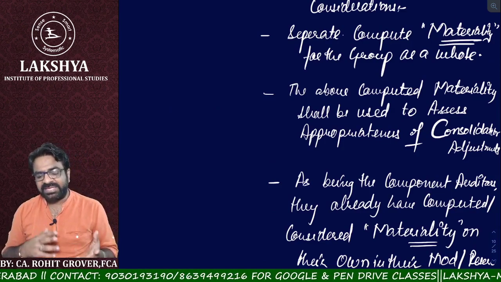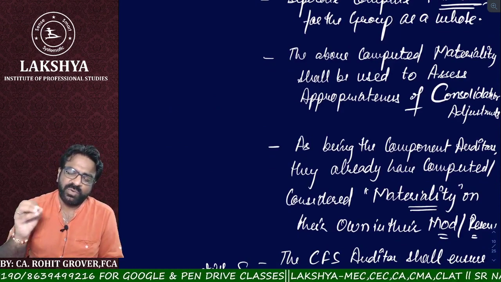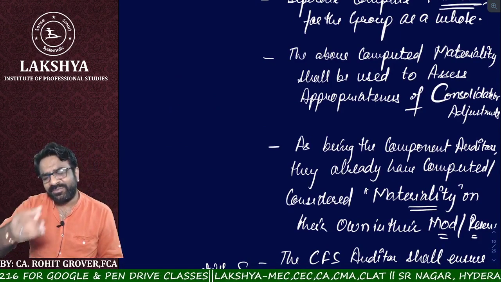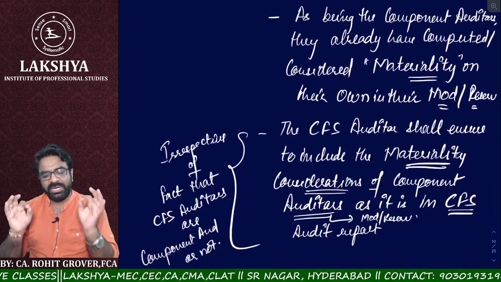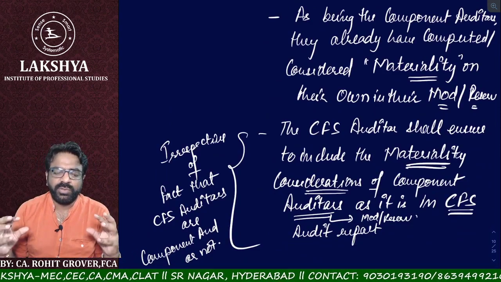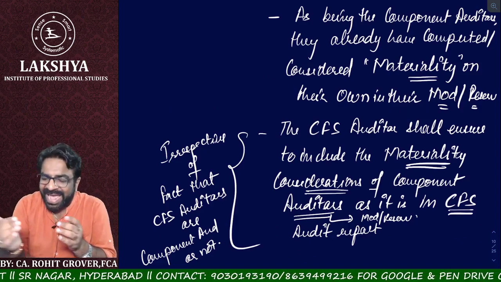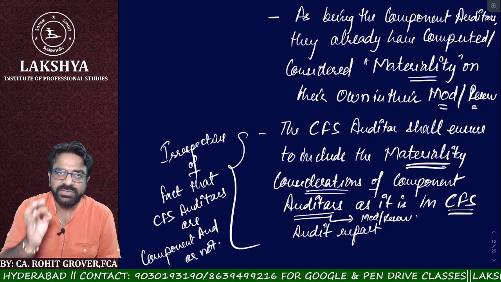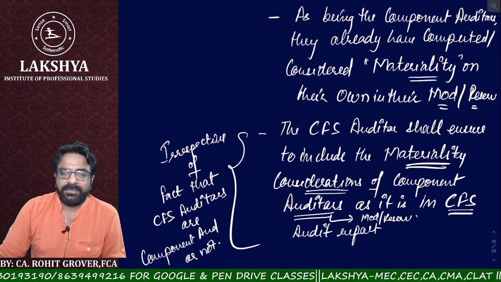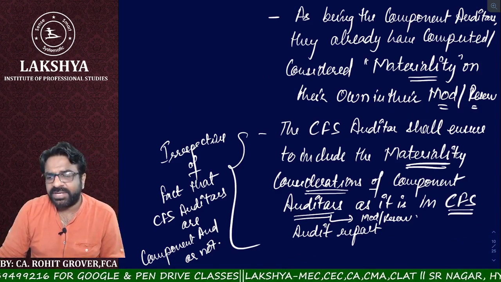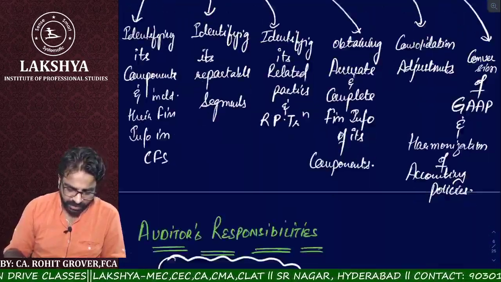Yes, sir. After that, as a component auditor, if they have already given any kind of modification, qualification, or reservation, for example for an immaterial subsidiary, then the CFS auditor also has a responsibility to include the total modifications, reservations and qualifications of that component auditor as they are, without changing, in his consolidated financial statements auditor's report. Clear, everyone? Done? I hope you are understanding what I'm trying to tell. So this is what we mean by auditor's responsibility, and